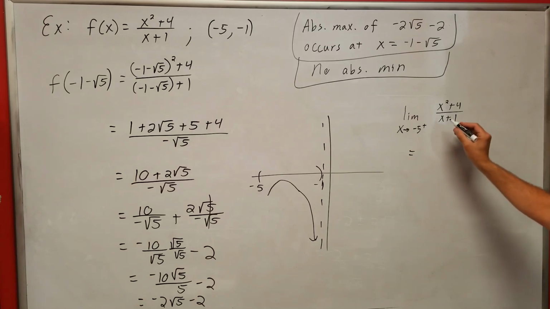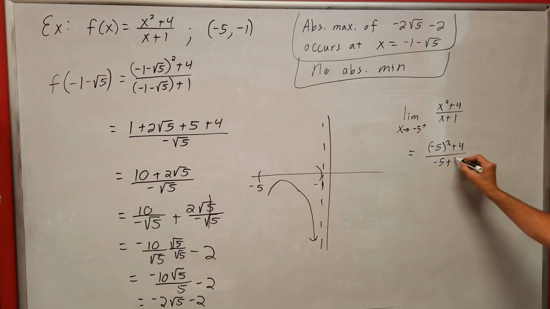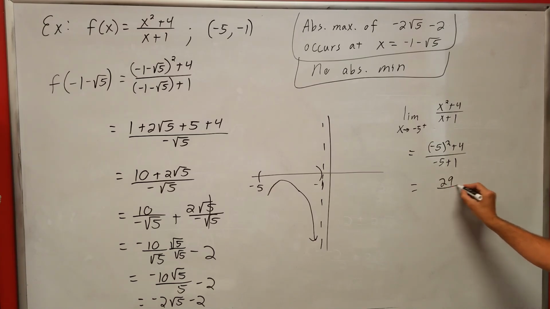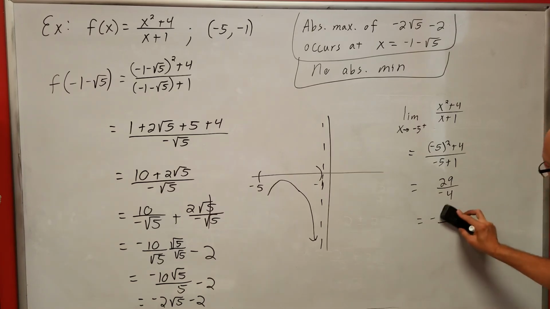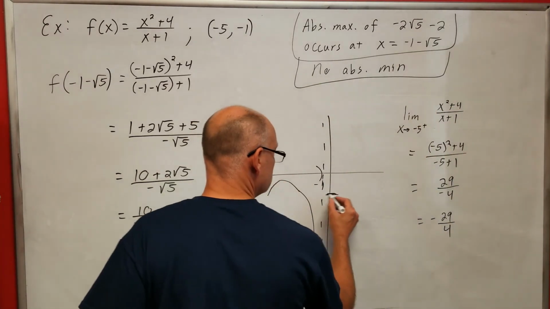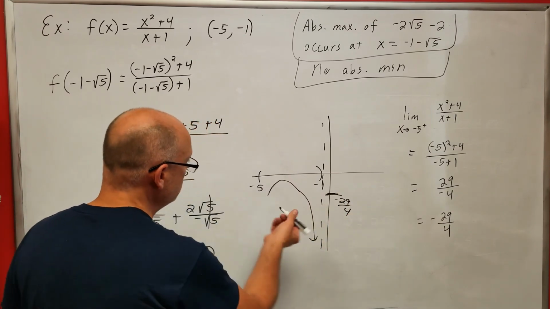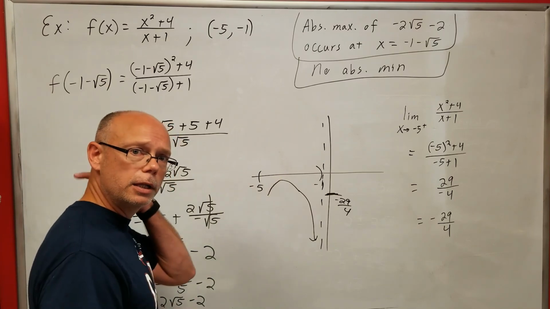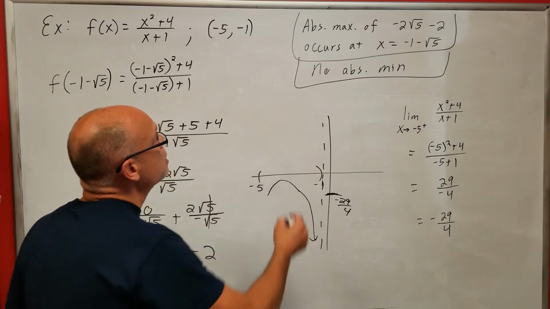Well, what does that give me? That gives me negative 5 squared plus 4 over negative 5 plus 1. So that gives me 25 plus 4, 29 over negative 4, or negative 29 over 4. So it approaches some number down here, negative 29 over 4, right? It doesn't go to infinity, it doesn't go to negative infinity or anything like that. Remember, if it goes to infinity, then I wouldn't have an absolute max. So this appears to be